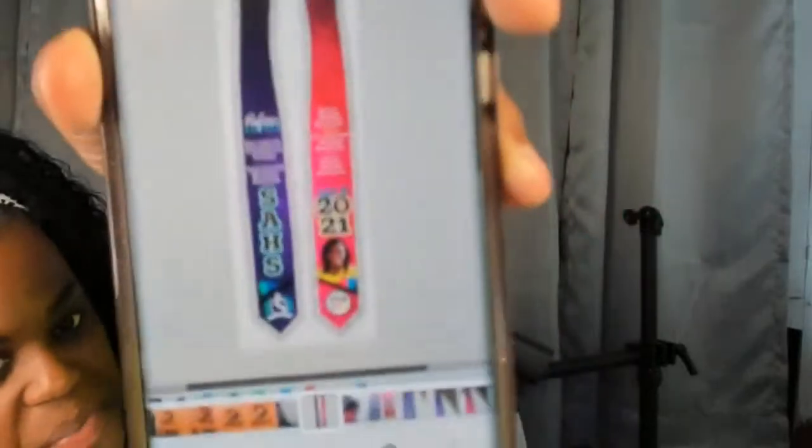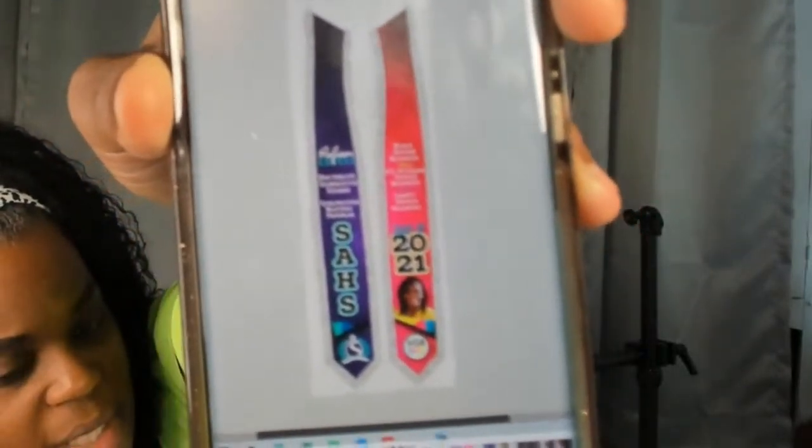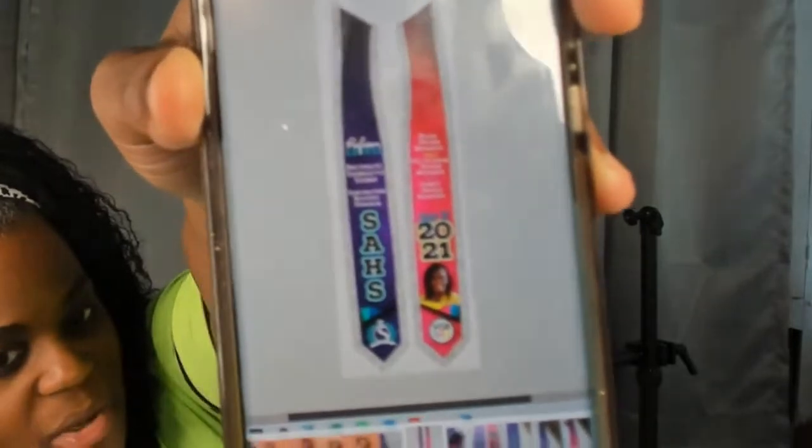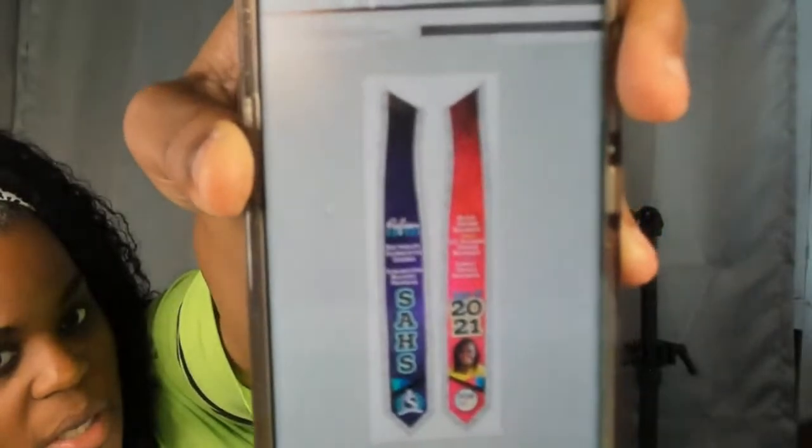This is one of the first ones I did. This was the first one that I did as, I think, sublimation, because before I used to do them all vinyl. And keeping it real simple. It was nothing but text. Silaholics Anonymous High School 2021. My logos, me at the bottom, a little glitter around the side. That was it. See, when you have a good template, look at how that lines up with my template.